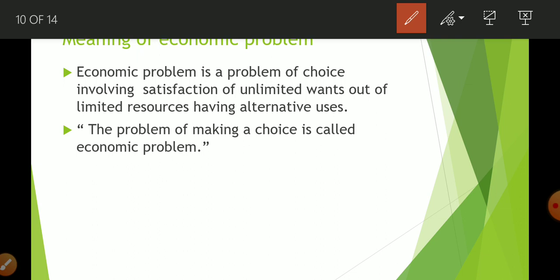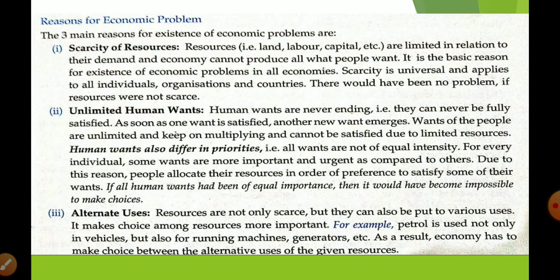You are going to purchase the book, or you are going to purchase a movie ticket, or you are going outside with the friend for enjoyment. So you have to pick up one. Why? Because with the 500 you are not able to do all three things. You have to make a decision, and this is known as an economic problem. I think all these examples are helpful for you to understand this concept. So we are facing the problem of selection, that is known as an economic problem in economics. Why are we facing it?